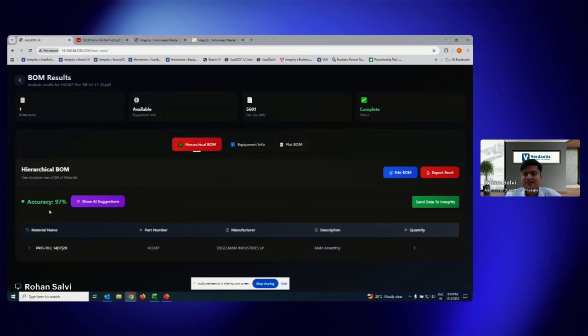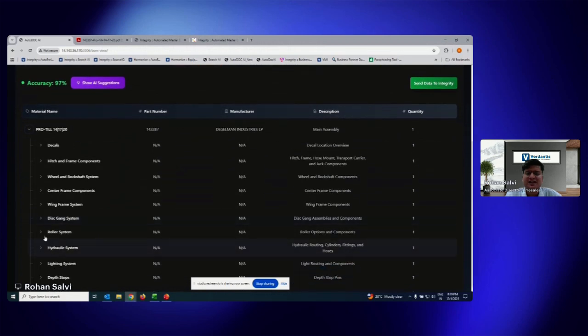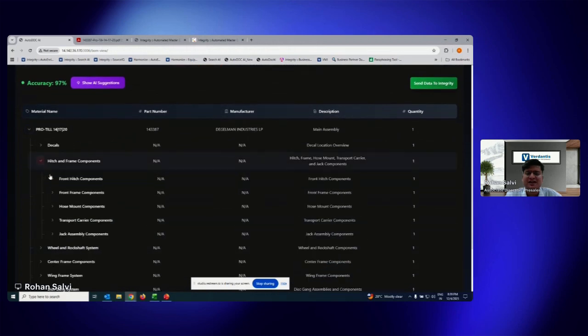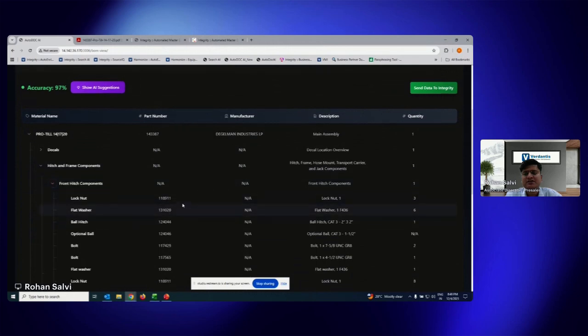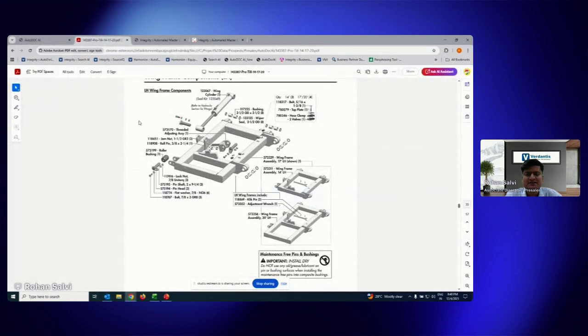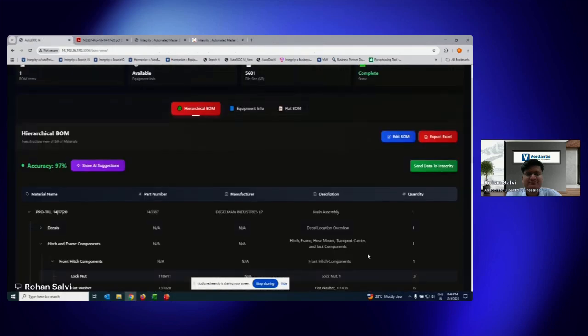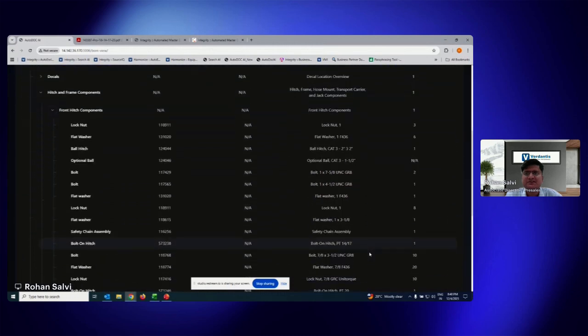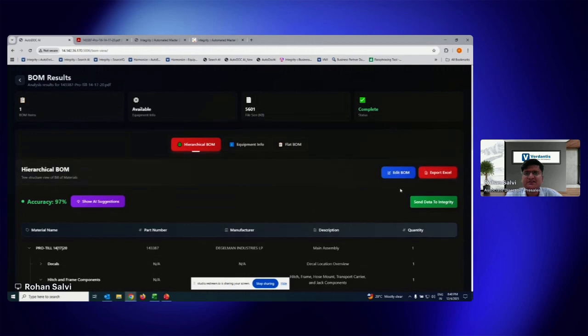The AI also provides an accuracy and suggestions where it observes that there is a potential error and would want the user to take a closer look. Now, as I expand this, you can see there are various part numbers out here from the catalog, and the quantities for each of the parts are also available. This information is critical, and we can directly export it into an Excel spreadsheet. We can edit the information if there are any manual changes required.